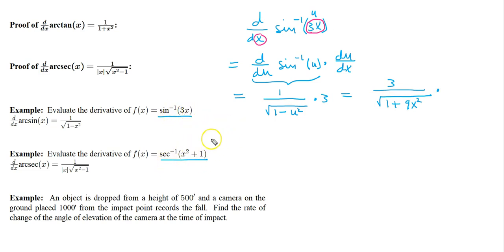Let's take a look at this one. So we want to evaluate this. Well, notice once again that the x here and what's inside the parentheses here don't match, as they do in the formula down here, you see. They match. So we're going to have to use the chain rule again. So we're going to have to let this be a u. So u is going to equal x squared plus 1. And so this will equal